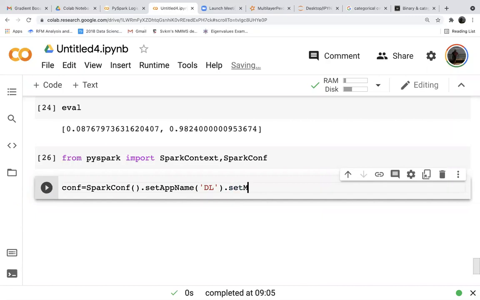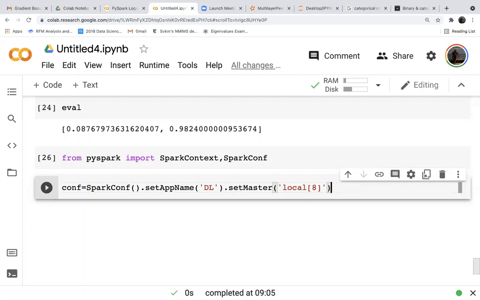Set master local square bracket 8. SparkConf dot setAppName dot setMaster.